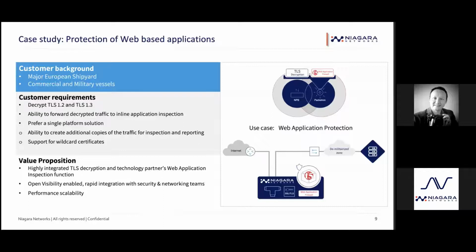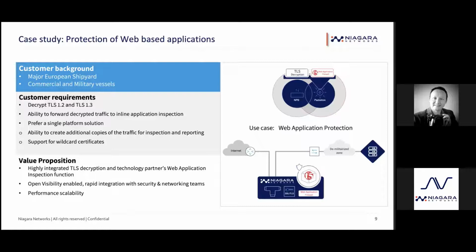And what we did here is actually a deployment of both TLS decryption as well as a web application firewall that is running on the packet broker itself. As you may know, the Packetron, our encryption engine or our processing engine, can run virtual appliances as well. We are open to run any virtual appliance on the packet broker. So in this case, we used an F5 web application firewall and run that as a soft machine on the